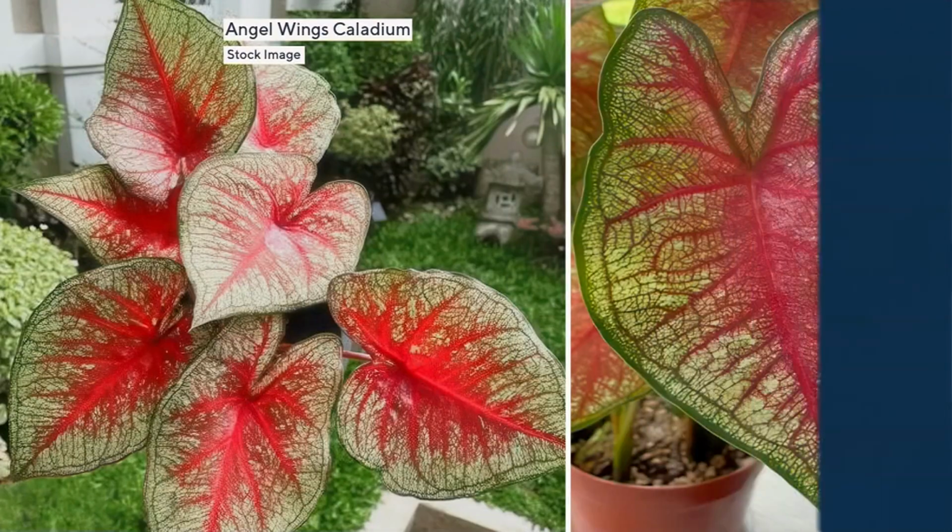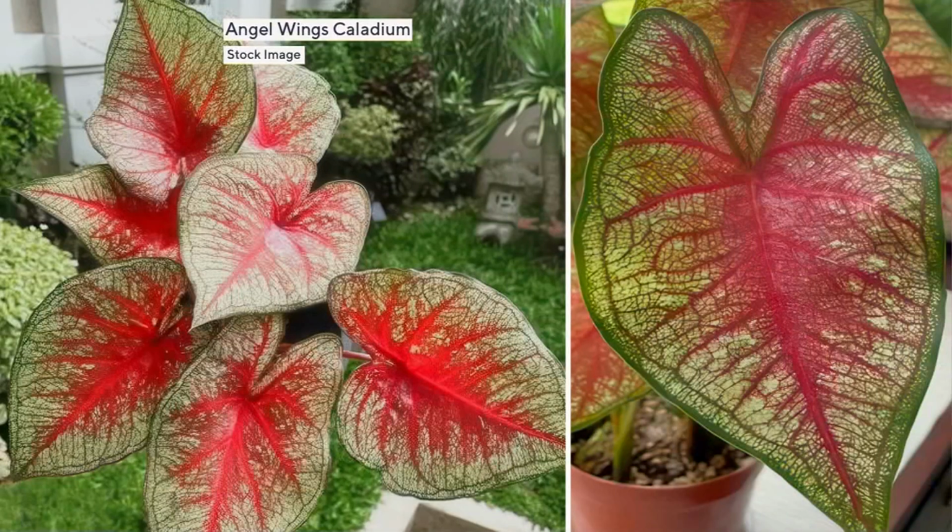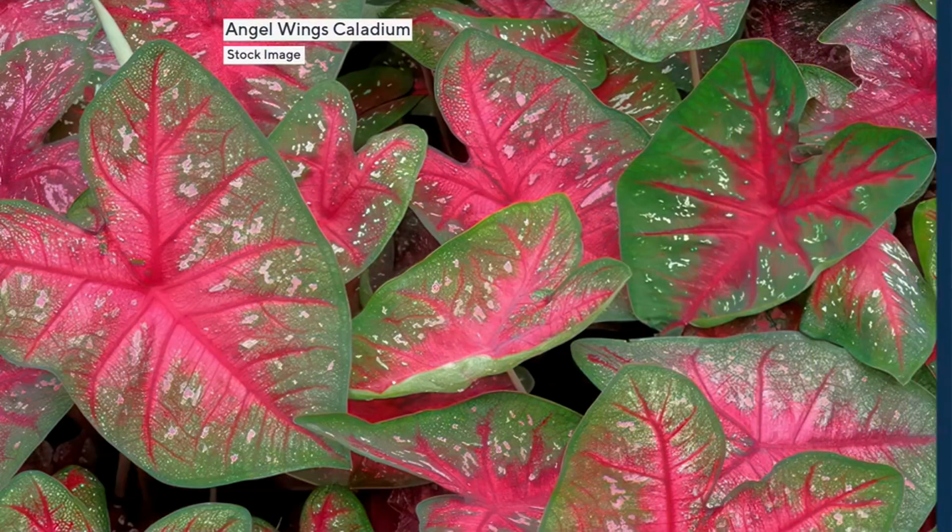Now, we didn't bring a lot of these in, and we've already had 500 out the door. So this is your chance to get these home, and you're getting two of them with those two separate colors. So if you are going to pick them up and maybe you want to use them to flank your front door or put them in pairs, pick up more than one set and you can put the two different colors together. You have your options to mix and match, but you are getting that instant color the second they come